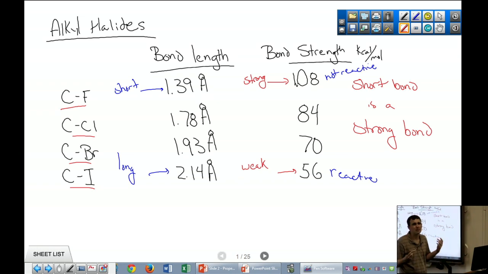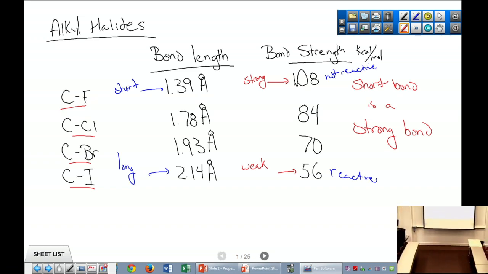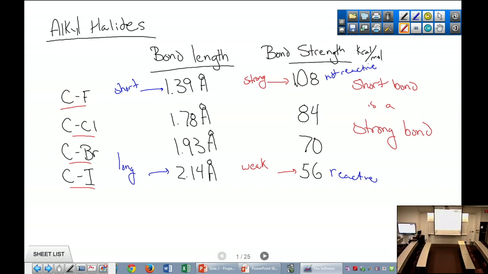All right, so we look at our alkyl halides, carbon fluorine, carbon chlorine, carbon bromine, carbon iodine bonds, right? So the carbon fluorine bond is the shortest of those bonds, while the carbon iodine bond is the longest of those bonds. Don't freak out. I don't expect you to ever remember numbers. I want you to remember trends. I want you to remember patterns. The numbers are here because I think they help to some degree, but don't get bogged down in the numbers and miss the bigger picture, right?